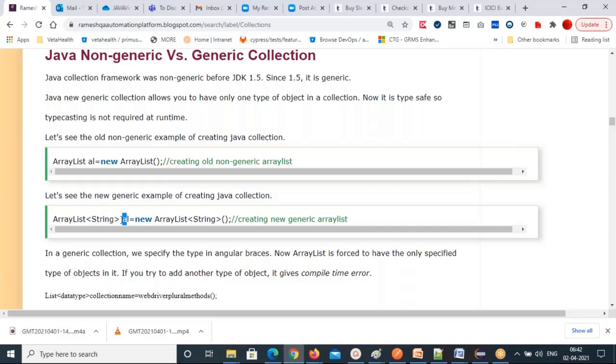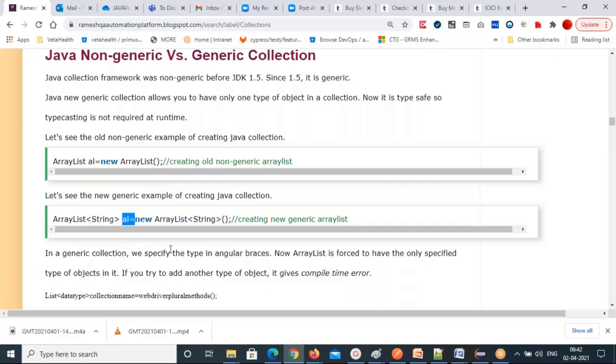Then the collection name variable equals new ArrayList. Again on the right side also, you have to write the data type inside angular braces. Here I'm creating a String type collection, which contains all the string data.